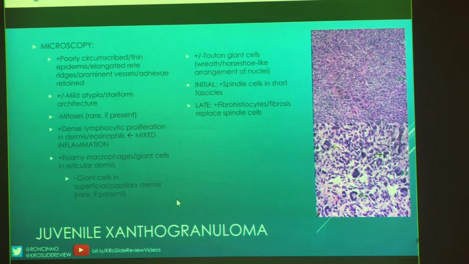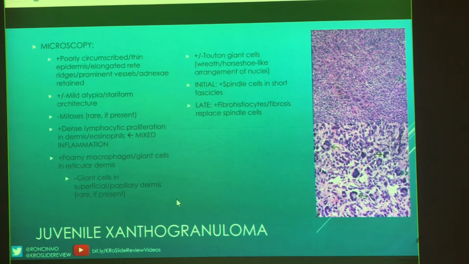You shouldn't really see mitotic figures in this, but what you will appreciate is that very dense lymphocytic proliferation, and you may even see some eosinophils, okay? So lymphocytes plus eos, mixed inflammation, chronic. There should be plenty of foamy macrophages and giant cells in the reticular dermis,